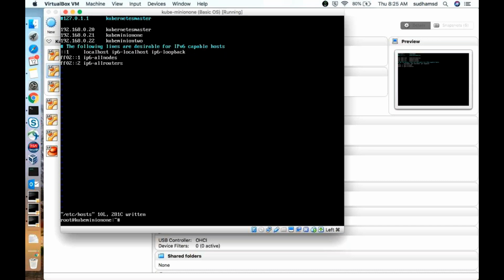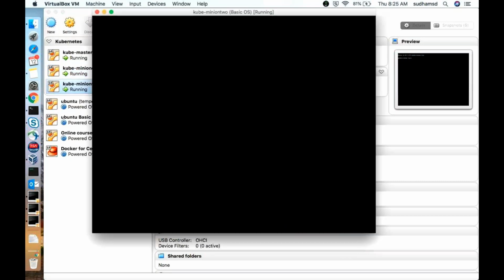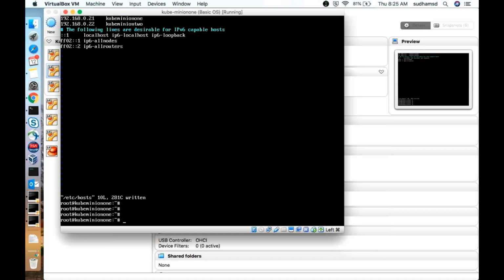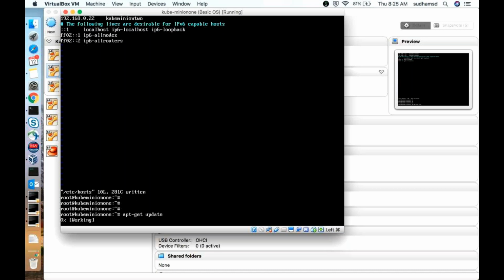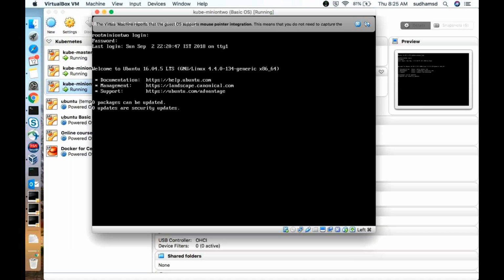For this, go to the third server, second server, just do an update. Log into this server. Here also, I forgot to give a proper DNS entry.